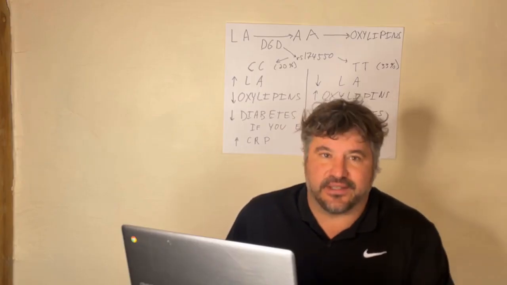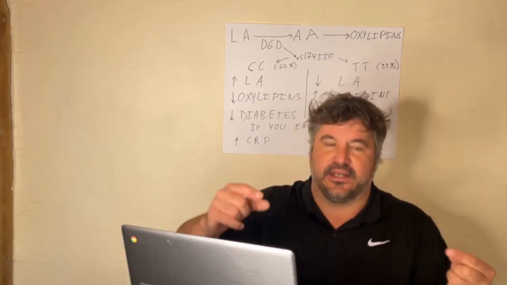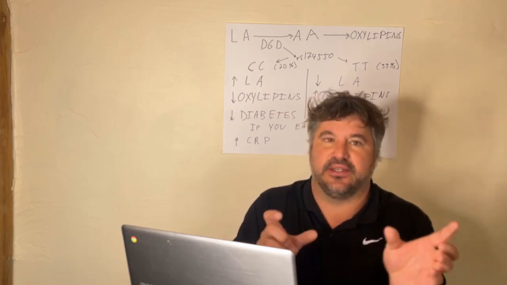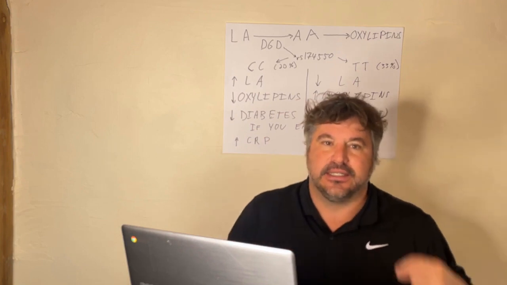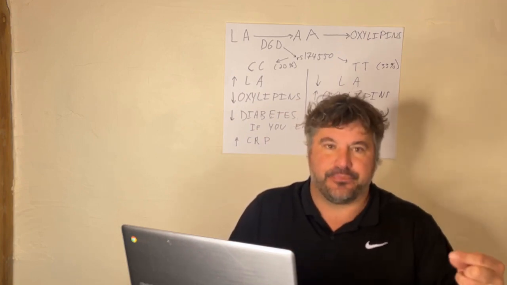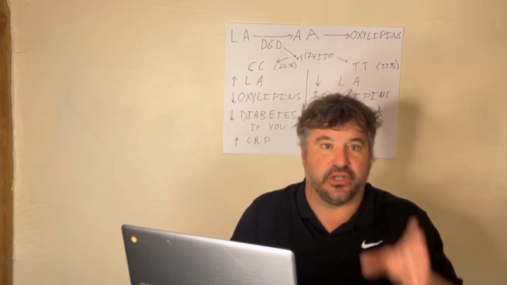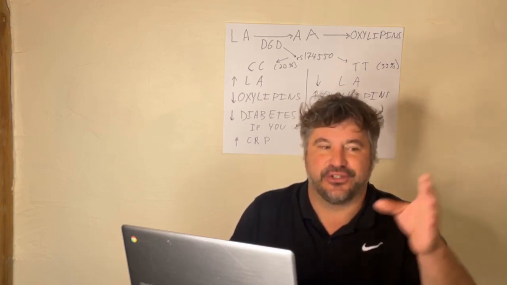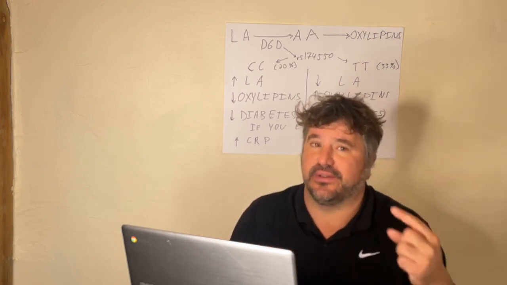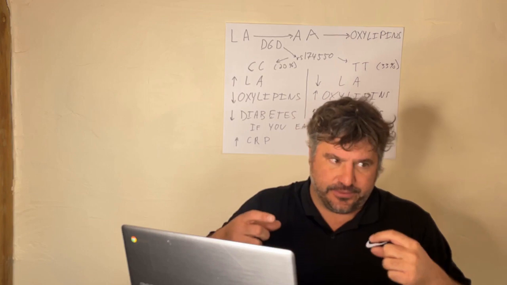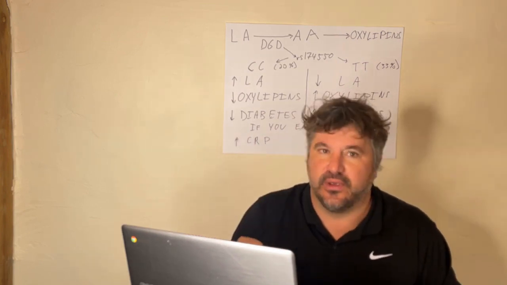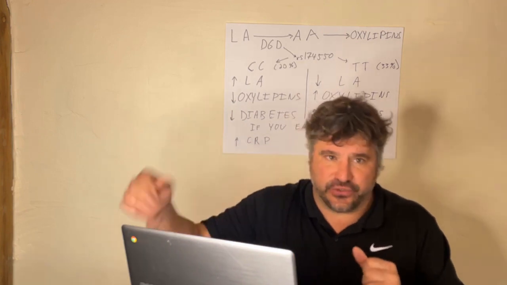Linoleic acid is converted to arachidonic acid by enzymes called D6D, which is the first one, and the second one is called D5D. D6D is really the rate-limiting enzyme that controls the conversion of linoleic acid to arachidonic acid. Arachidonic acid is mostly found in cell membranes, and it's released from cell membranes by another enzyme called phospholipase A2,